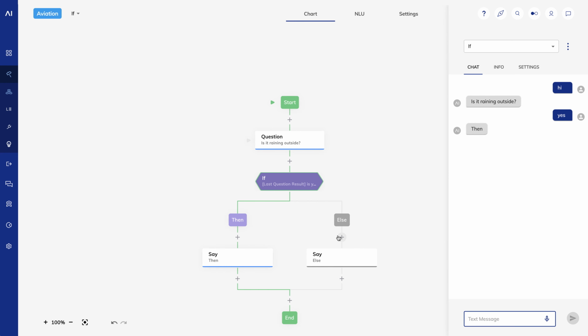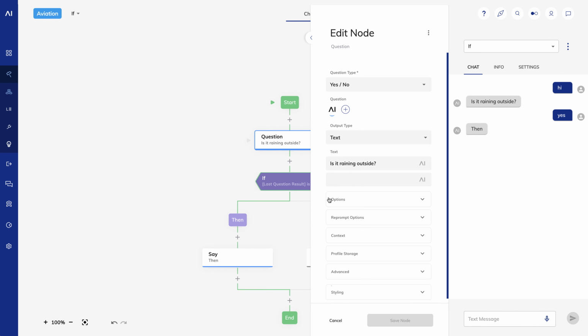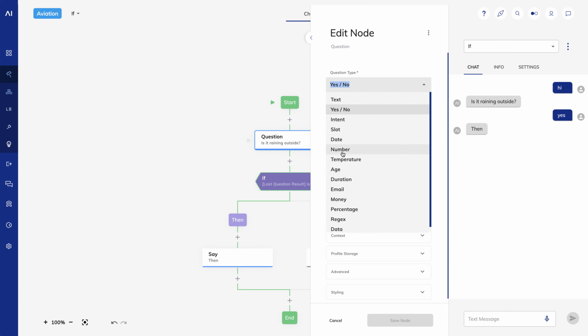Let's use another question type, like a number. I'll ask how many bags did you want to check?